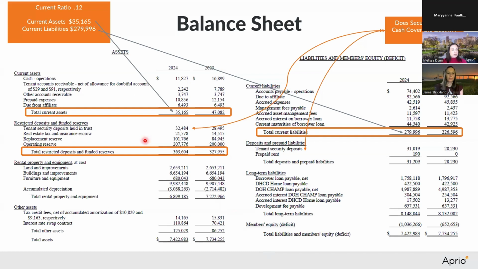Looking at the reserves, are they a good amount that can sustain any property maintenance in the long term? Is there an operating reserve that could cover any of those losses that are in the short term? So how are those reserves funded? I also look to see if there's any debt coming due. So in the current liability section, you might have a loan that's coming due in the next year. So understanding how the property is planning to refinance that loan or if they're going to pay it off. So those are questions I would ask and things I would look out for when reviewing a balance sheet.